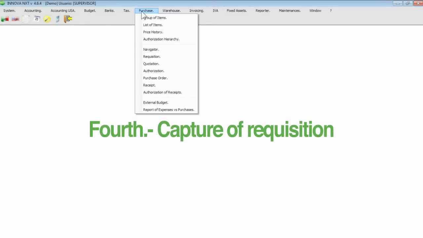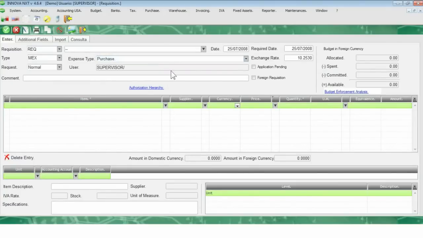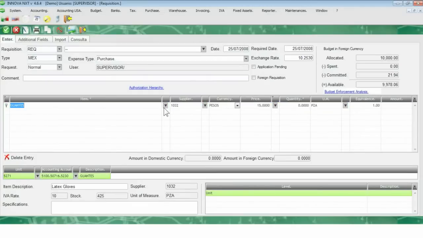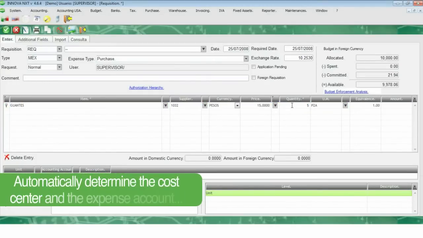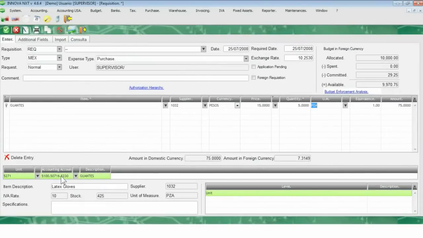Fourth, capture of requisition. When a requisition is entered, it is possible to automatically determine the cost center and the expense account that must be affected at the moment payment is programmed. That way, it is assured that the expense affects the correct accounts even if the buyer does not know the